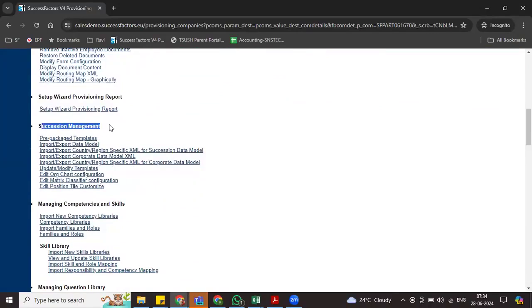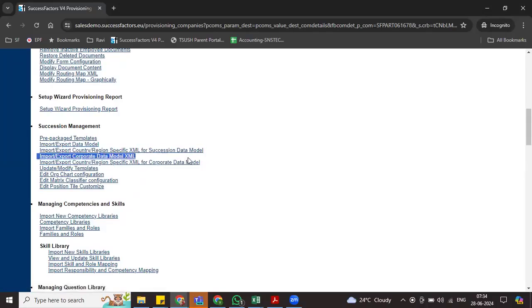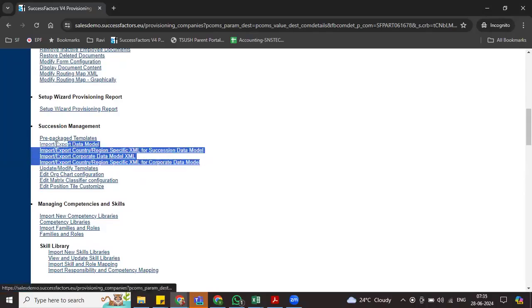Under succession management, you will see here import export data model, which is succession data model, country specific succession data model, corporate data model, and country specific corporate data model. So these are the four data models that we have now. We don't have HRIS propagation, we don't have event reason, we don't have workflows because we have migrated. Okay, but these data models are to be uploaded